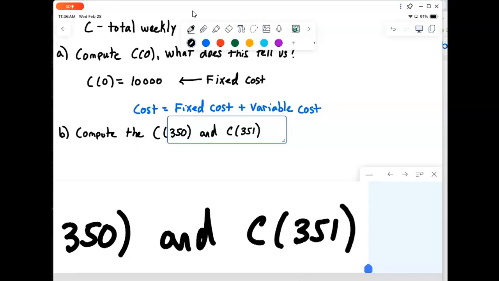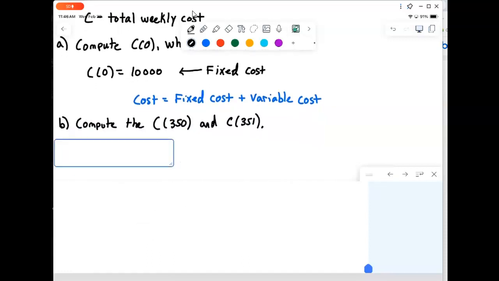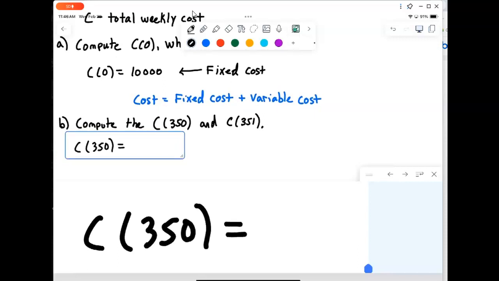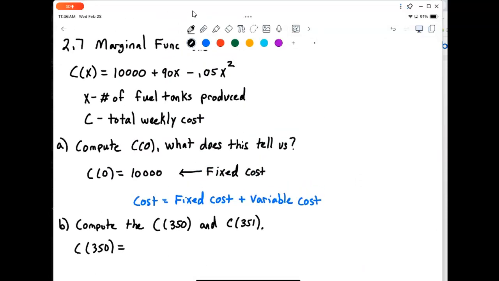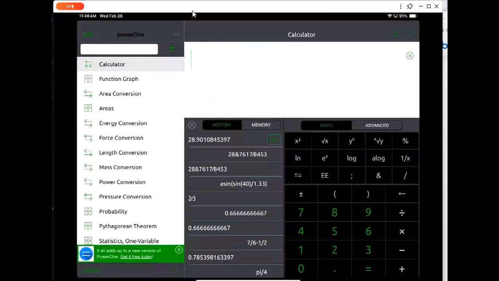Okay. So we're just going to go to our calculator, plug in 350 into our function, and get an answer. So my function again was 10,000 plus 90x minus 0.05x squared. So I'm just going to simply go into my calculator here. 10,000 plus 90x,